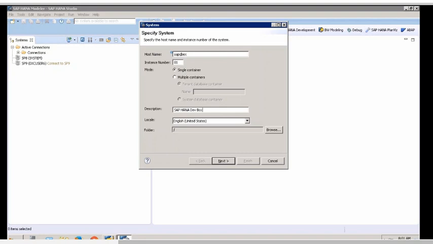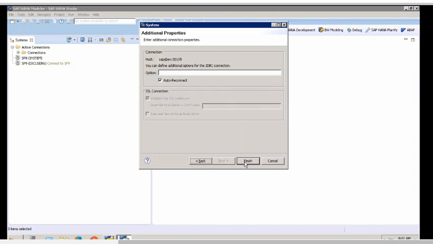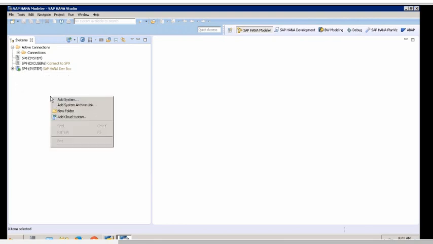Also dev box. That's how I connected the system. Once I have the studio, I can get connected to n number of HANA servers, not only one.